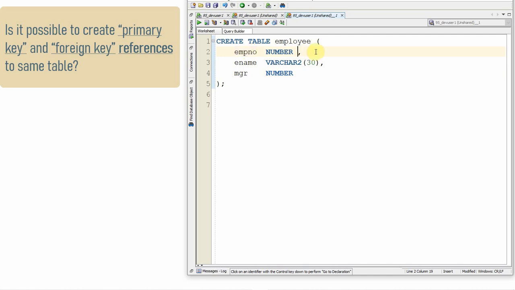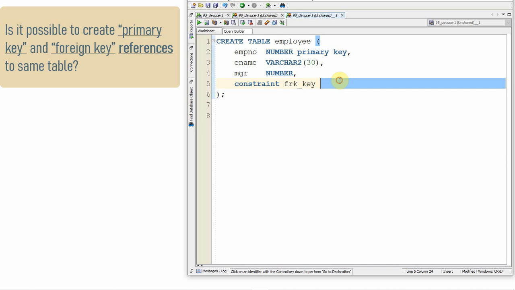I'm going to make the employee number the primary key column. And then I'm going to make the MGR column a foreign key column which refers to the employee number column. So let's give a constraint name, let's say foreign key.